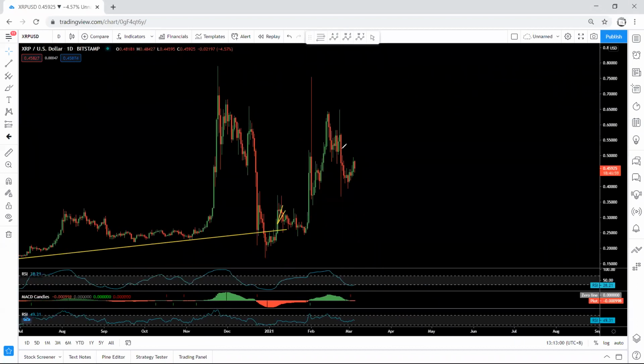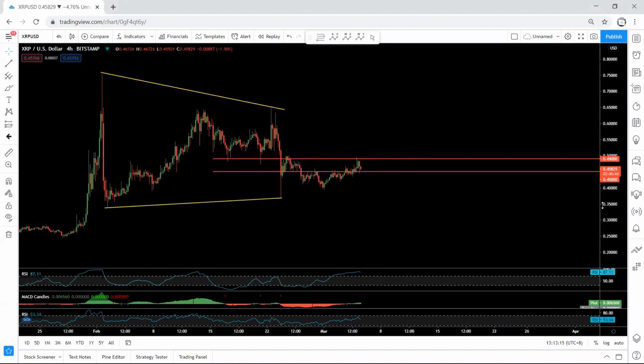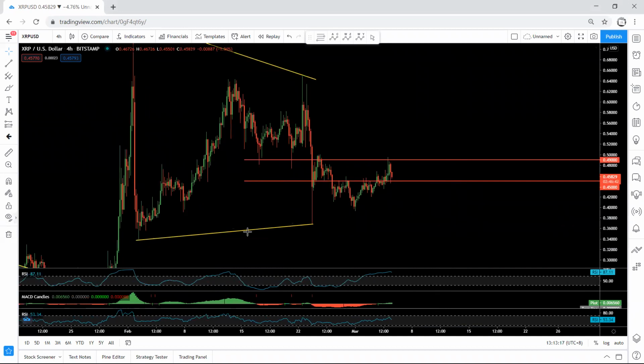We mentioned that we have this down move, and we get this correction. If there is a continuation, the price can easily retest this low. The low is almost, I think, 36 cents, 0.36 or 0.37. But we want to see how we can trade it. This is what we think. Now, if we move to the 4 hour chart,